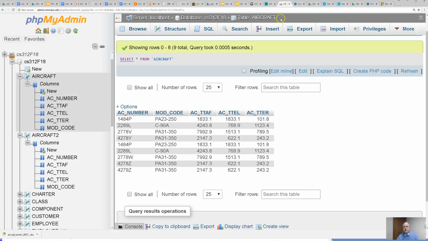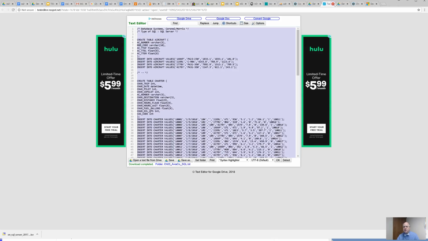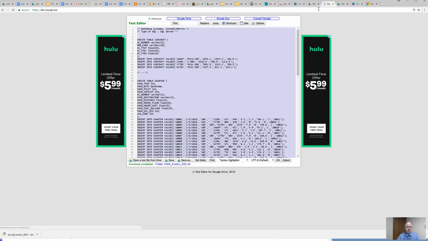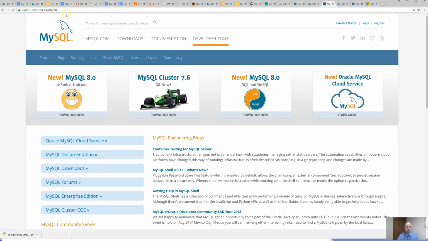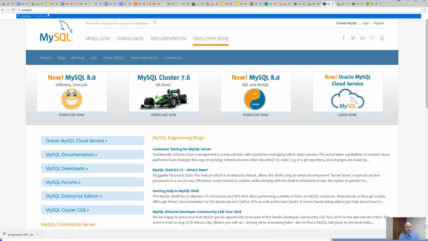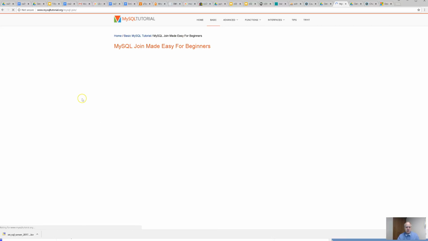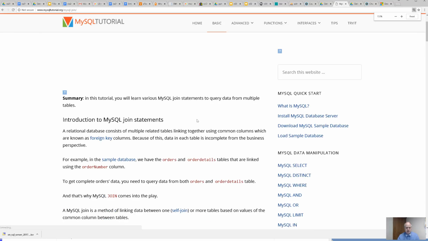So to find out whether there's a join in MySQL, what I can do is go out to mysql.org, or just do a search for MySQL join tables. Let's do that, because that's probably what I would most likely do if you're searching for something. MySQL join tables. There's SQL join, and here's a MySQL join. And what it looks like is